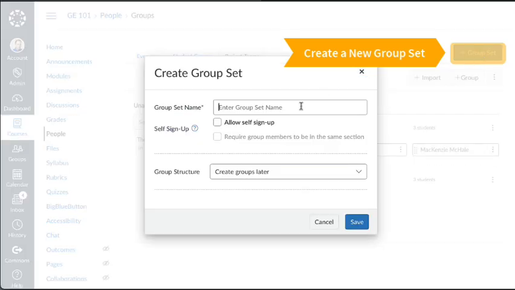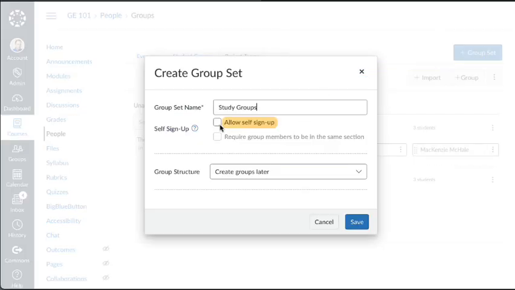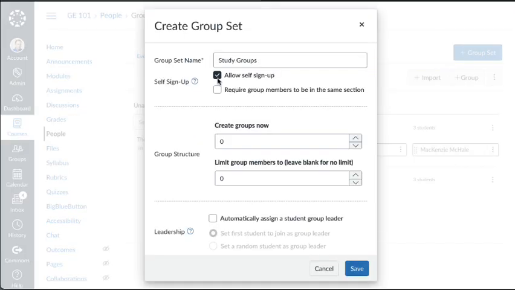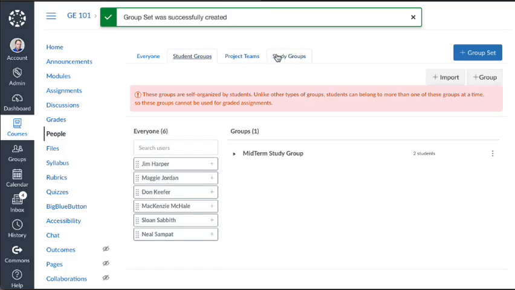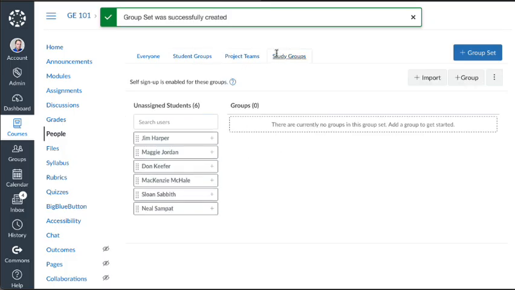group. Now here's a second group set, Study Groups, set up differently. Self-sign up. Students choose their own group from a list rather than being assigned. This works well for lower stakes collaboration, like optional study partnerships, where student choice and buy-in matter more than balancing